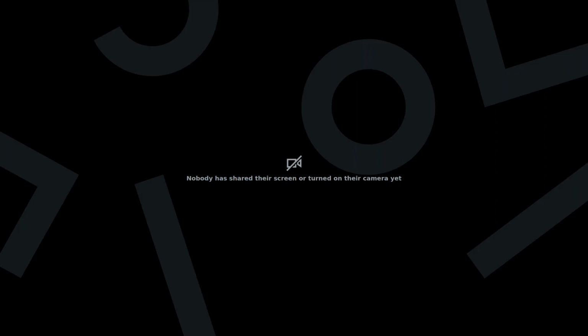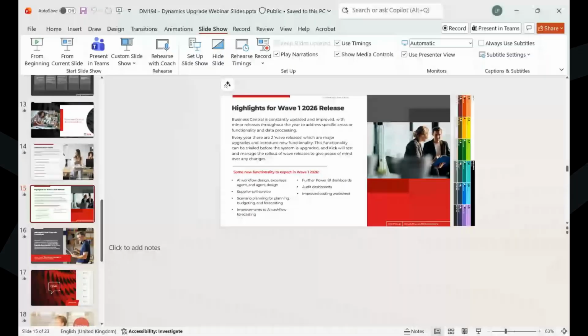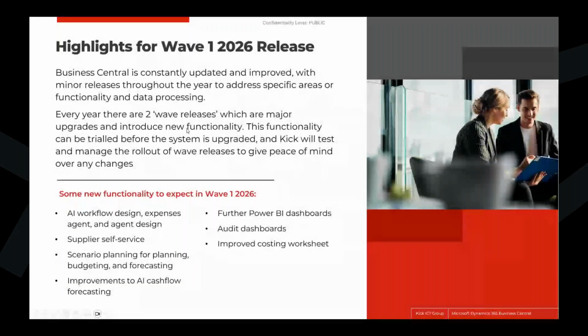So Microsoft are obviously constantly looking at fixing things and then bringing in these minor releases which focus on potentially ongoing issues or enhancing small pieces of functionality, but twice a year they